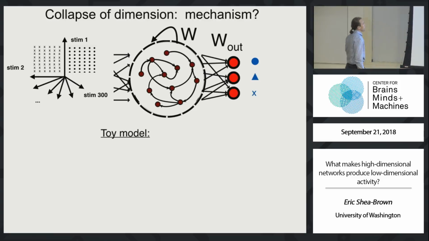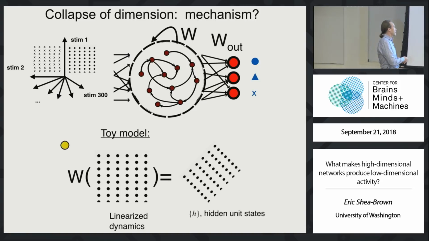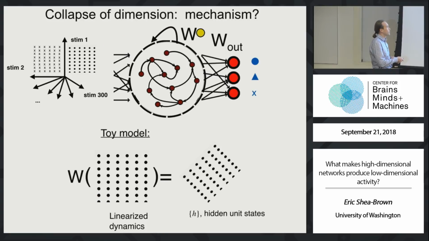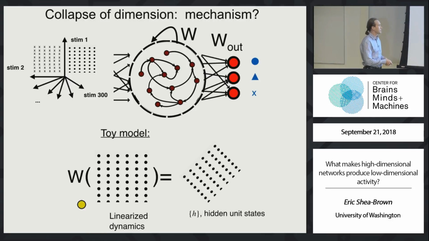Take all the Heims, replace them with X's. So we just change this around so we can see some grids. It's not really that toy. This is really toy. Next, we're going to say that the recurrent network dynamics can be completely linearized. So whatever is going on in this fully nonlinear W over multiple stages with rectified nonlinearities is approximated by another W, abusive notation, not going to be exactly the same W, some sort of approximate matrix or linearization of the dynamics acting on the input set. So my dynamics in my ultra toy model are: multiply a matrix W by your grid of input points, and get something out. That is what the network is trained to do.